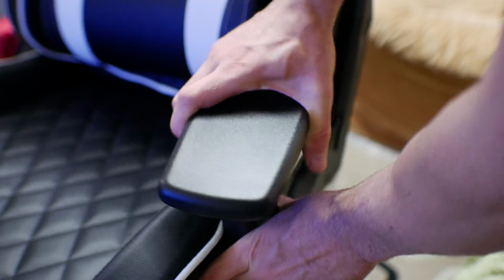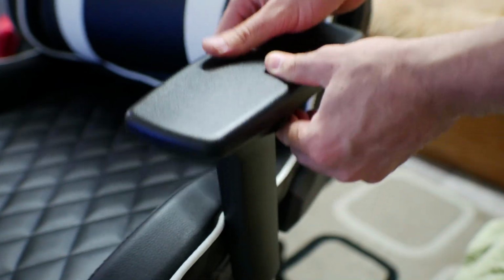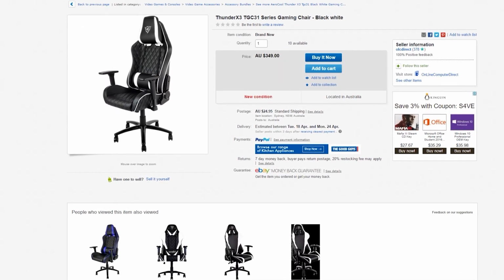The TGC31 also has 3 directional armrests which can be adjusted on swivel, vertical and forwards and backwards. It currently can be had for 349 Australian dollars, or at least again, that's the cheapest I could find it online for. So now moving on to a conclusion in comparison with the other chairs I have here,